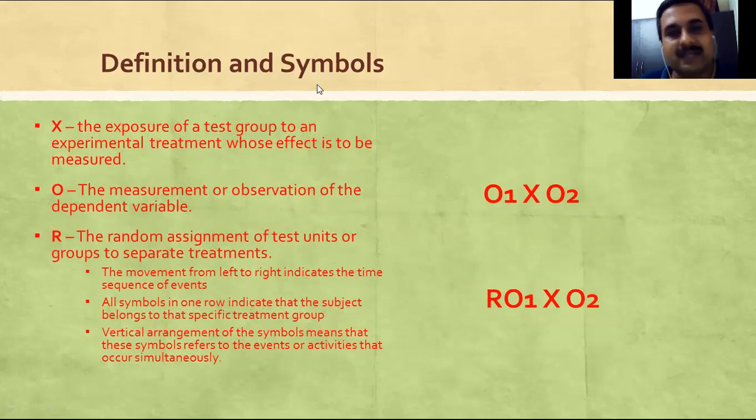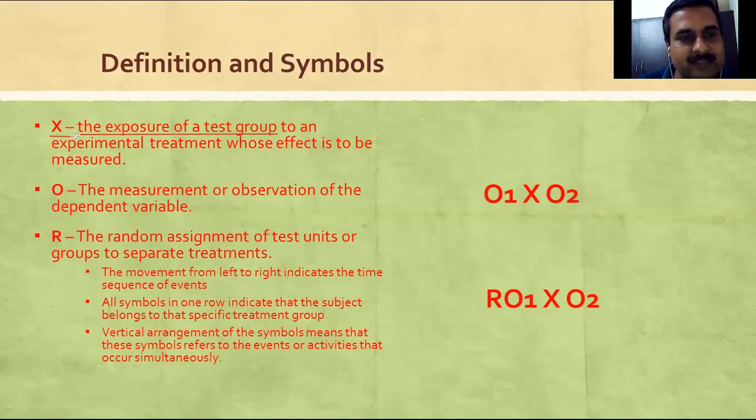In experimental design, X is basically your exposure. What kind of exposure? The example which we were taking regularly in the previous lecture video was of sales training and sales performance. We were giving sales training to the sales force, and sales performance was being measured, and we were comparing the performance, how much change is taking place due to the sales training given to the workforce. Here, the same exposure or treatment is going to be denoted by this X.